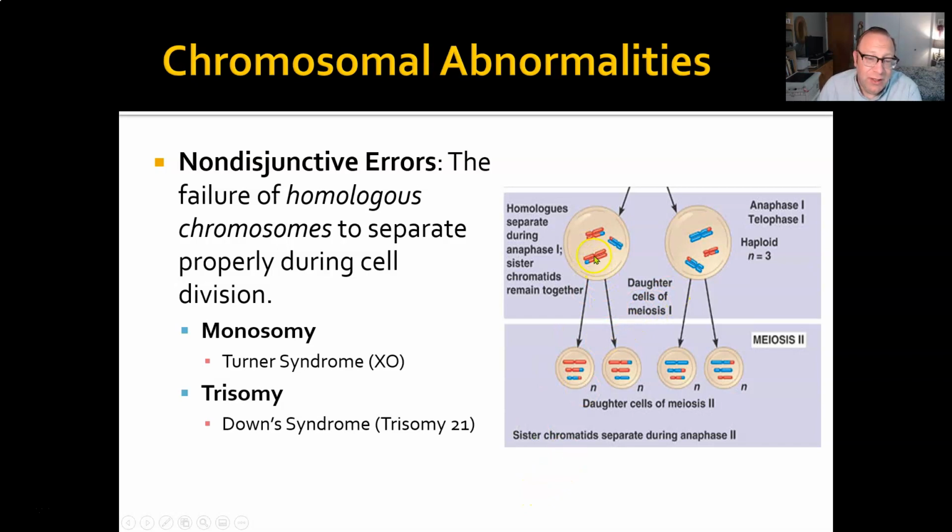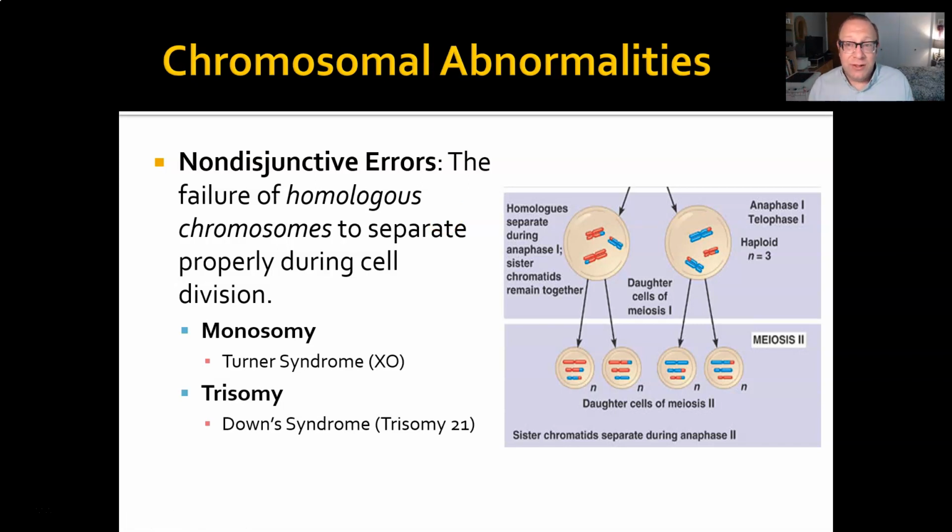So that's what should happen. Sometimes, though, the long red and the red with a blue tip don't split up, and they both end up, say, in the gamete on the far left, in which case the next gamete will get no copies of that chromosome. And that means you will have a gamete with two copies of one of the chromosomes and a gamete with no copies of one of the chromosomes, which results, when they fertilize with a normal gamete,